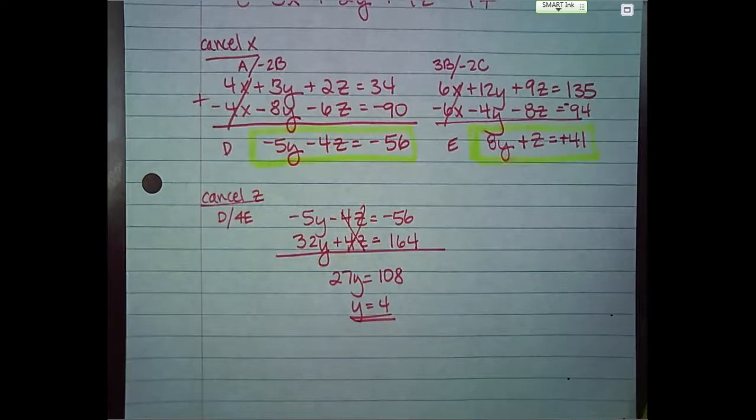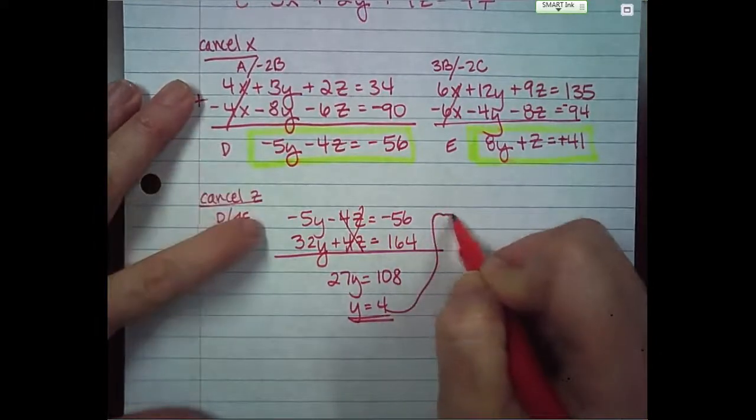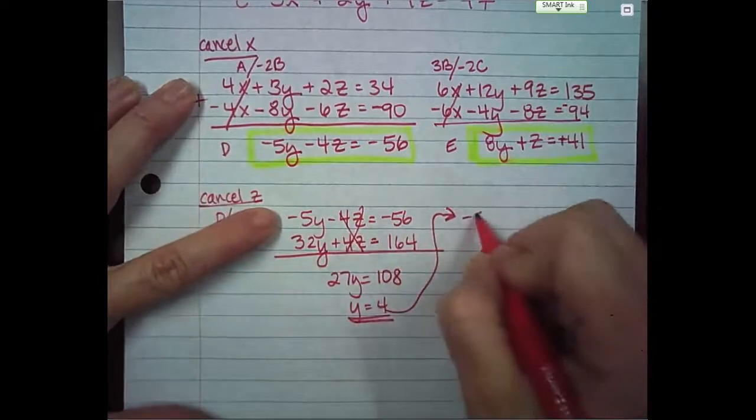Okay, what do we do with the y? For some reason, this is a spot where kids freeze. What am I going to do with my y? Well, go back in to either D or E. Or you can go back into either D or E from here or one of these two. It doesn't matter. I'm just going to swing it up to this one. Where you do it makes no difference. So if I pull it into this problem, this line,